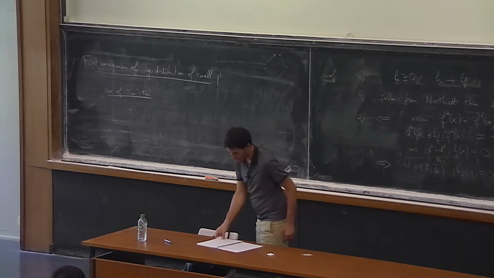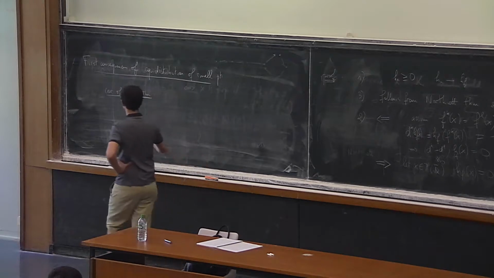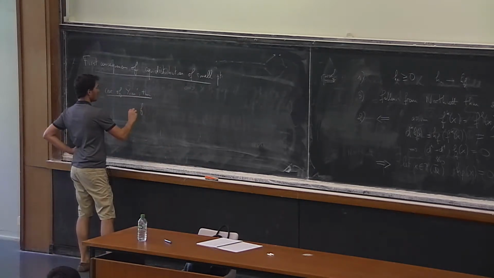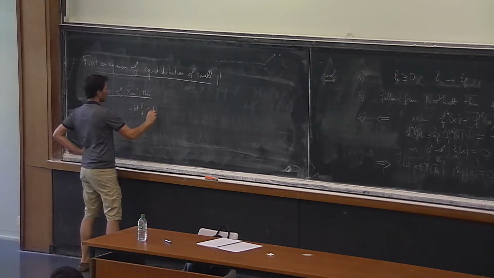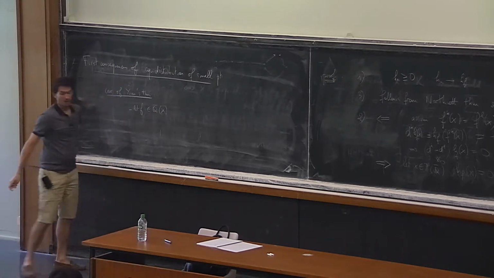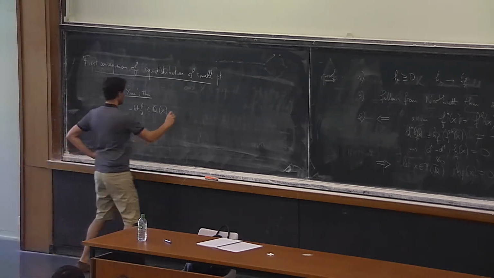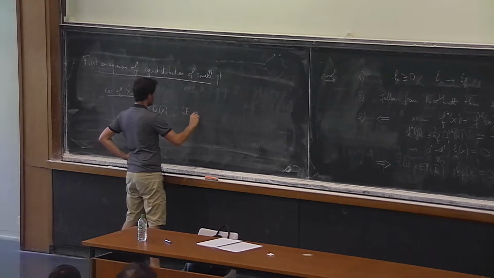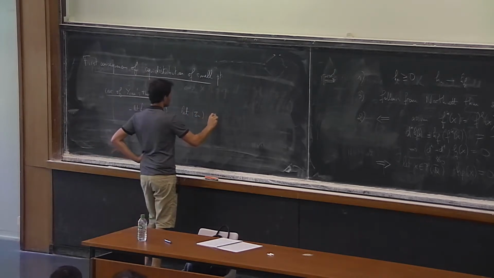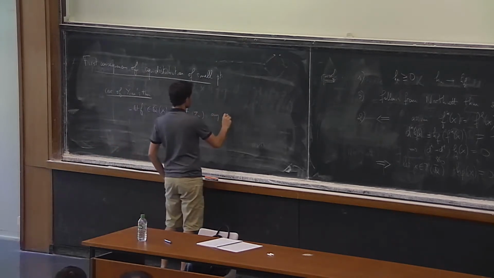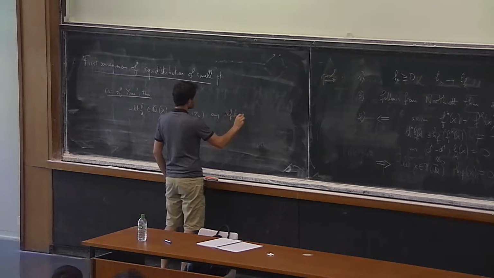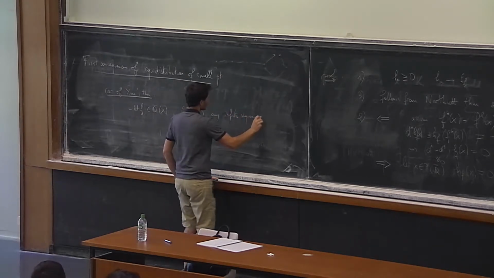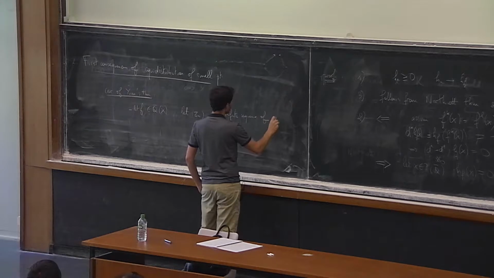So let's go. Let f be a rational function defined on Q bar. Let z_n be any infinite sequence of pre-periodic points of f,